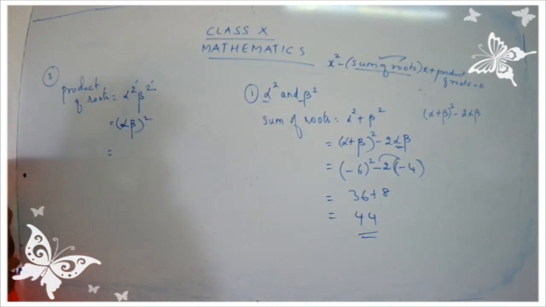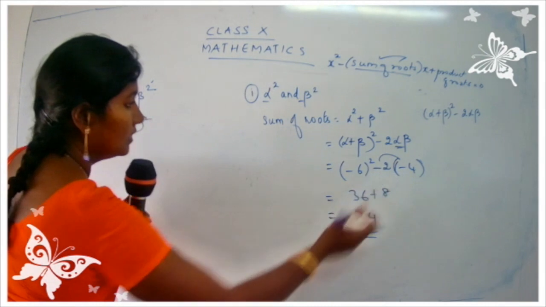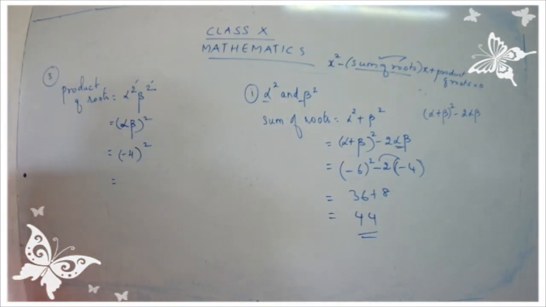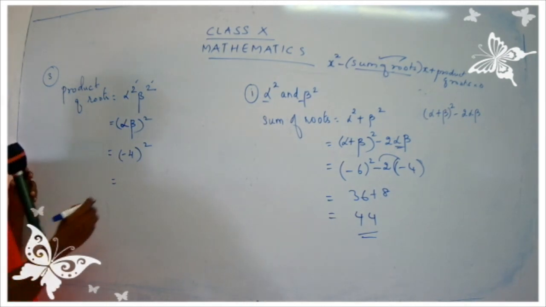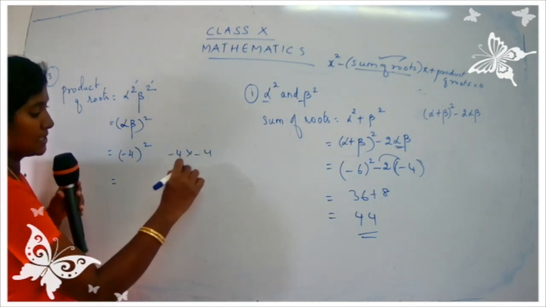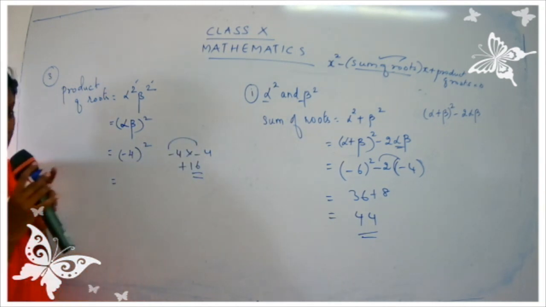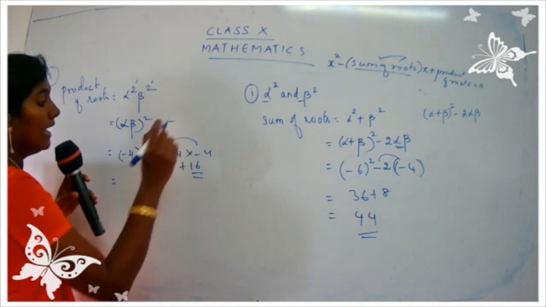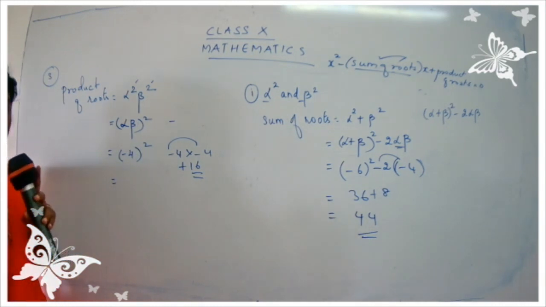What is the value for alpha beta? Yeah, already I have written here, yes. It's minus 4 the whole square. Minus 4 plus 16. Minus 4 into minus 4. It's plus 16. Be careful, children. Whenever you multiply any integer, you have to be careful with the sign. 2 negative, you get a positive answer. 2 positive, get a positive answer. 1 negative, 1 positive, you get a negative answer. And in case of multiplication, we are not worried about the sign of the bigger number.